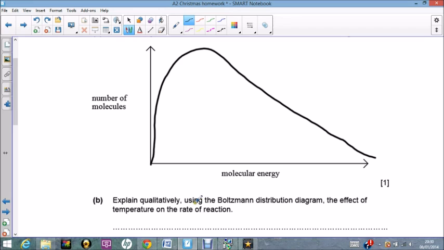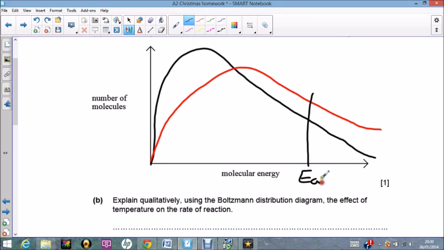Underneath it says, explain qualitatively using the Boltzmann distribution diagram the effect of temperature on the rate of reaction. For that, I don't really need to write anything, I'm going to draw a second curve. So, second curve, we've got 1 mark for having a correct distribution at higher temperature, so it's flatter, it's slightly shifted to the right, and we've got more molecules above here. On this graph we're also going to add activation energy, and the fact that it stays the same for both curves will gain us the second mark. And then we're going to finally label this bit and say